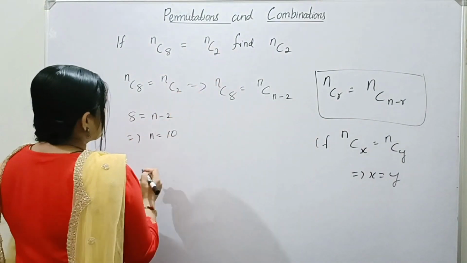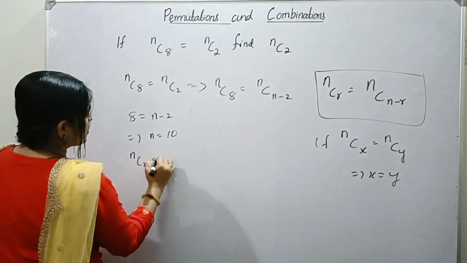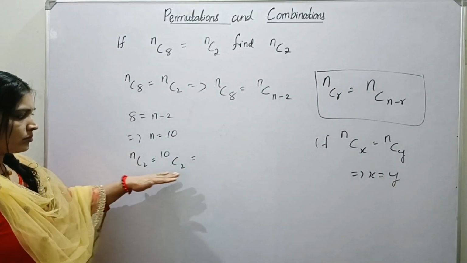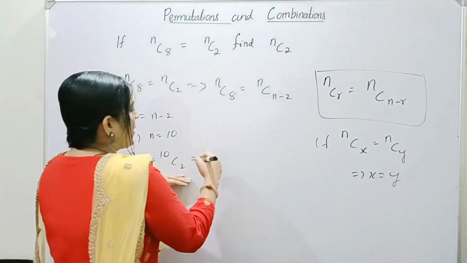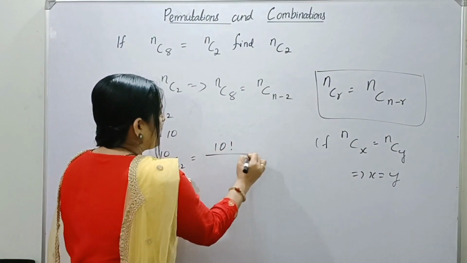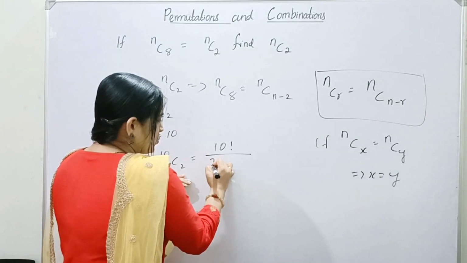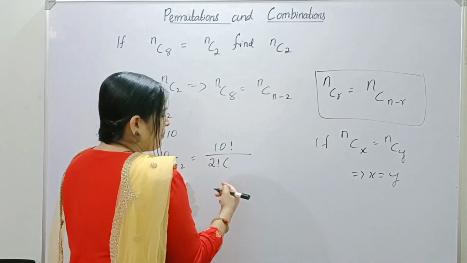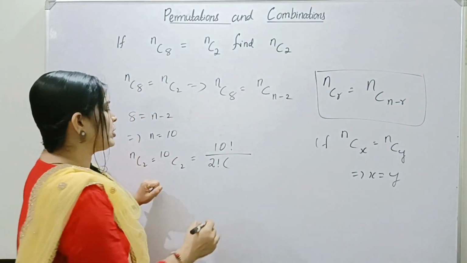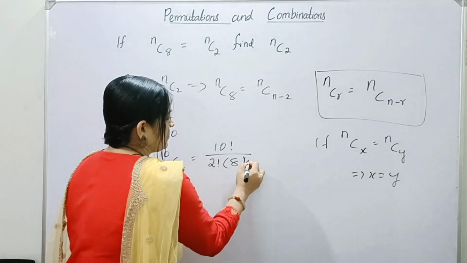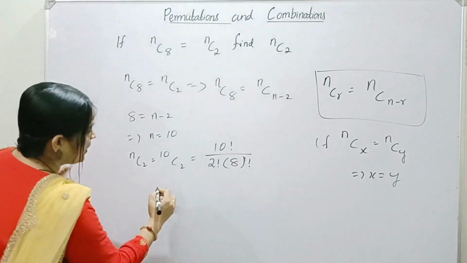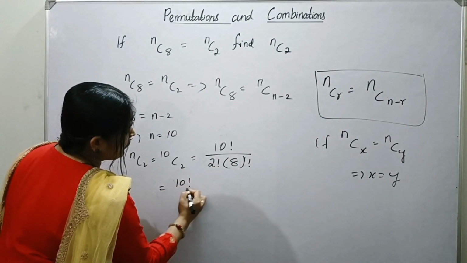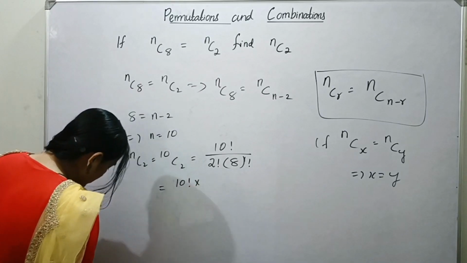Now find the nC2. That is, nC2 is equal to 10C2, n is 10. So what is nCr? n factorial, that is 10 factorial divided by r factorial, so r is 2 here, so 2 factorial into n minus 2, that is 10 minus 2, 8 factorial. Right? Now, see, 10 factorial can be written as